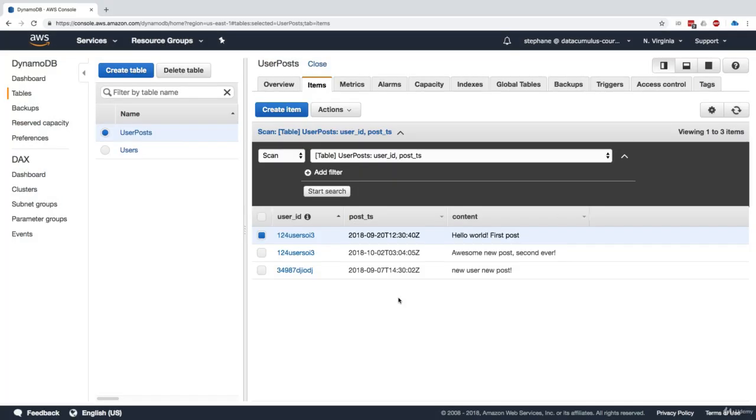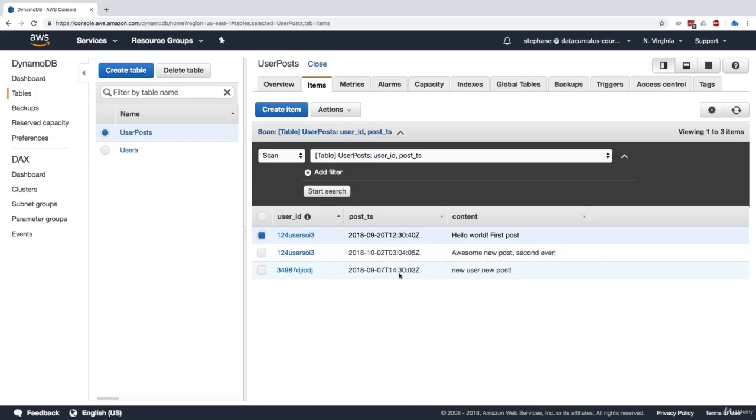Pretty makes sense. Now, how do we get the whole table content? Well, because we have many user IDs right here, many different rows, we have to do a scan. And so when you go into the UI, under the hood, it performs a scan. And you can see it here. It says scan table and user post. And this gives me basically my partition key and my sort key. So when we do see things like this, we have a scan.